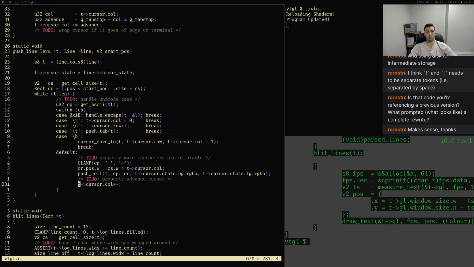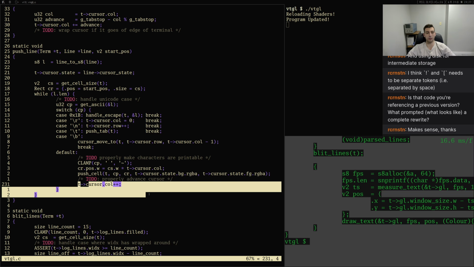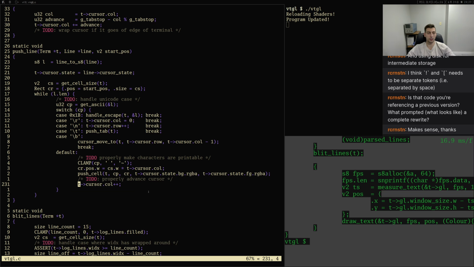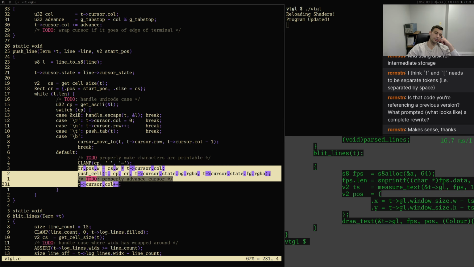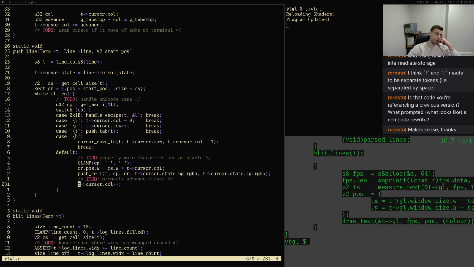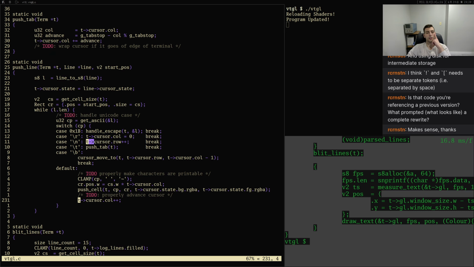This to do still needs to remain because this is the case where we're stepping the cursor and it's supposed to wrap. It's supposed to wrap to the next line if you go off the edge of the screen. So this cannot be just cursor move to absolute. Yeah. And then this thing is like a similar thing. We're gonna have to do something else here. And this doesn't matter because we're setting it to 0. Okay, so